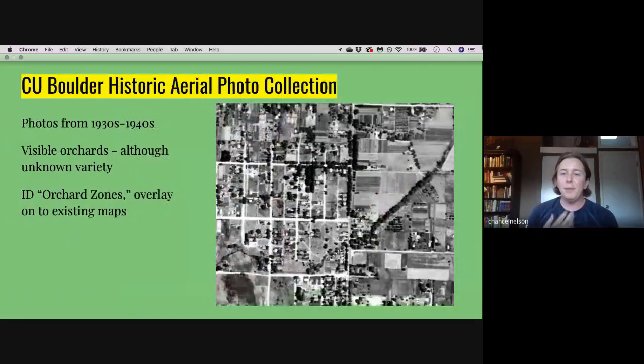So that portion of the project was pretty difficult because there actually aren't many property maps left from that time period that we had access to. But CU does have a large collection of aerial photos from between the 1930s to the 1940s. And although this is towards the end of the Apple era in Boulder, it was still useful to take a look at these photos. And as you can see,